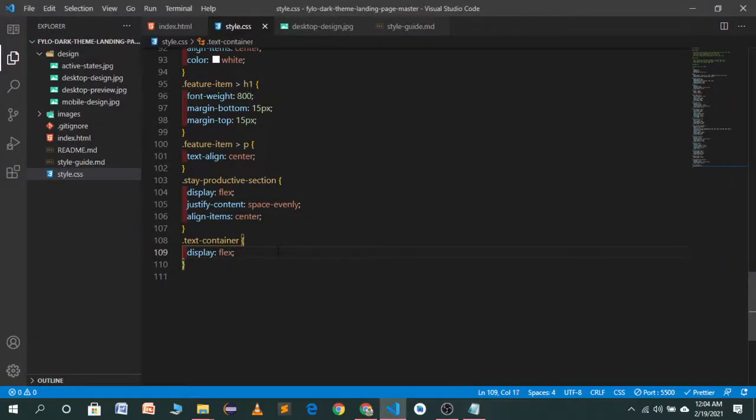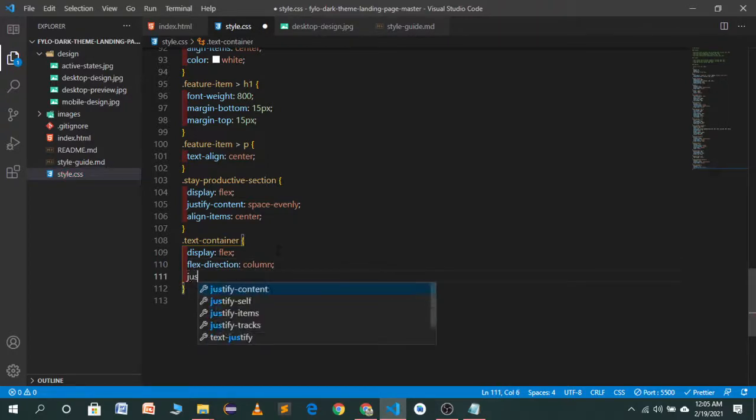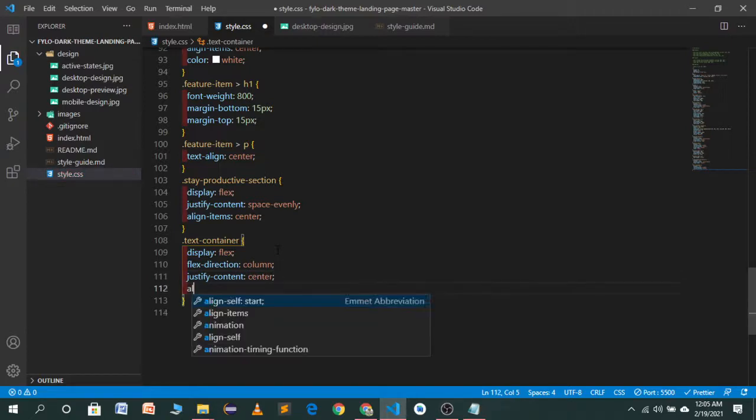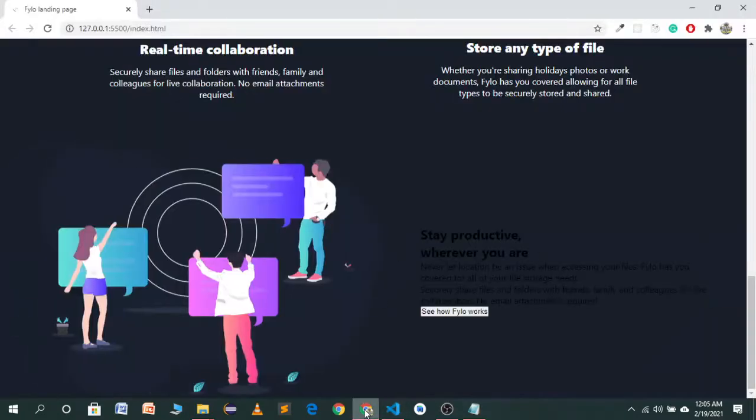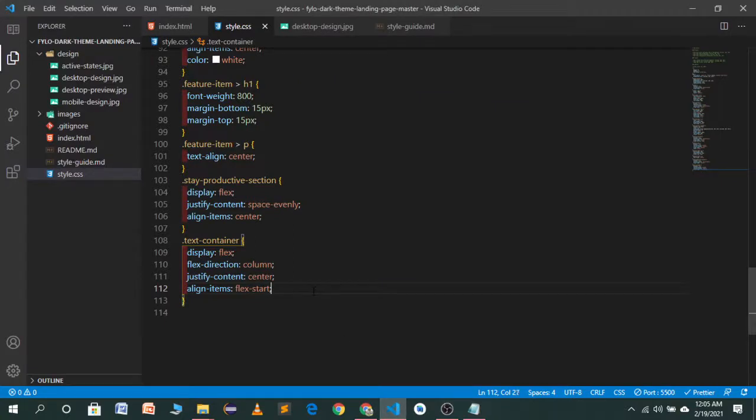We want it in a column direction, so I will use flex direction of column. Justify content will be center. Align items will be flex start. So let's see. We want the color of white.